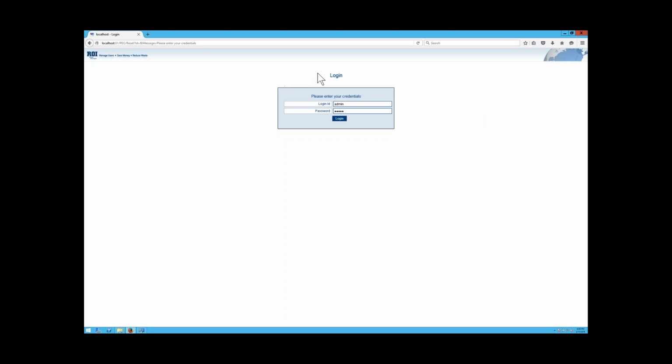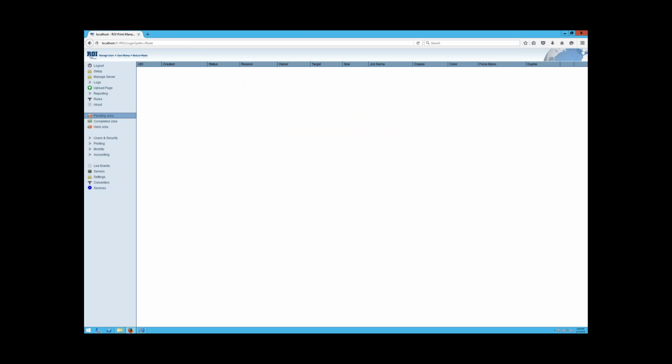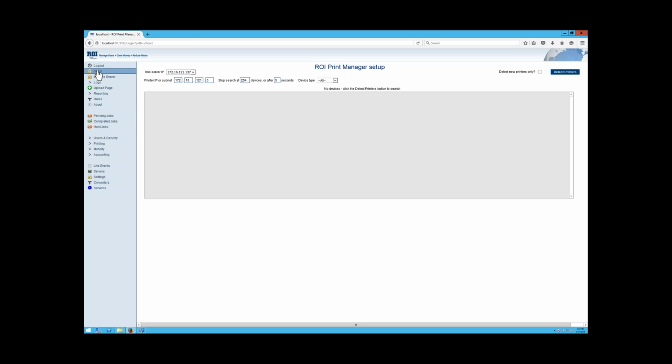Okay, so in this video I'm going to show you how to set up your printers with the ROI Print Manager software. So the first thing, again, we're going to log into our application. We're going to go to Setup. Once in Setup, the first thing we're going to do is make sure and check this server's